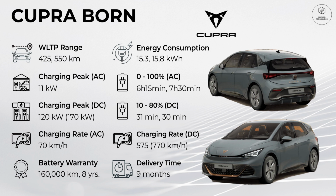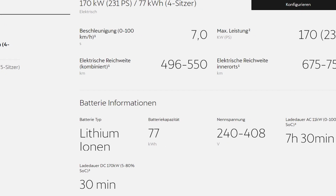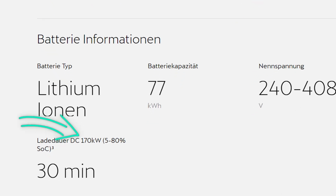It comes with an 11 kW onboard charger, but the highlight of charging is its DC charging speed. For the 58 kWh battery, it can charge up to 120 kilowatts at peak. However, for the 77 kWh battery, it used to be around 135 kilowatt peak, but maybe due to new software tweaks recently, they claim that they can charge up to 170 kilowatt at peak, and this makes it crazy attractive